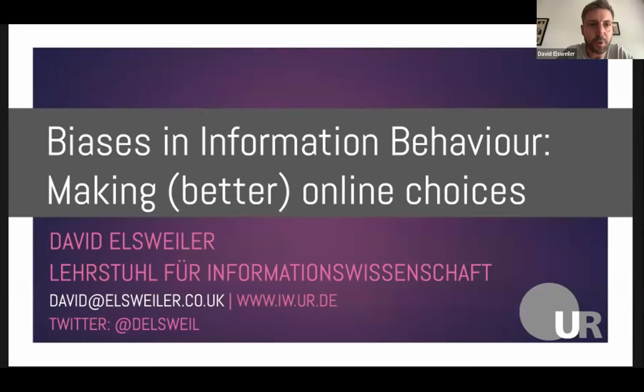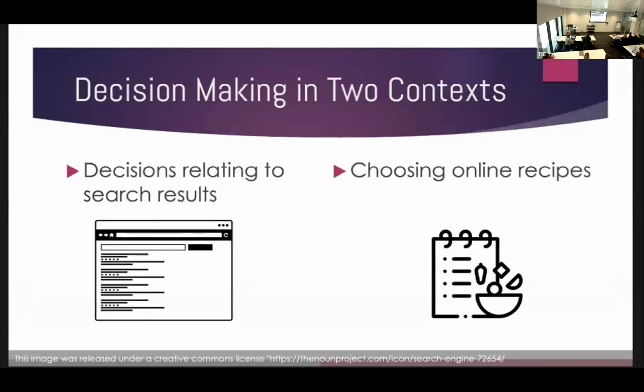Today, I'm going to talk about the kind of decisions people make while they're online. I've been studying these kinds of decisions for the last 5 or 6 years in different contexts, and two in particular: decisions relating to the results people get when they're searching the web, and decisions people make with online recipes. That is, what food are they going to eat, or what food are they going to share with